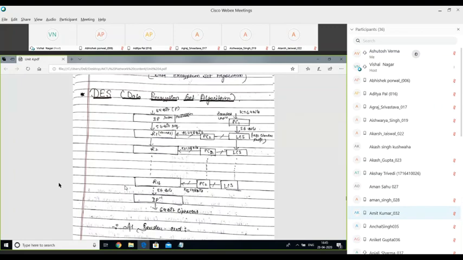Now inside the DES, this is the block diagram of DES. To understand it in more detail, I'll tell you. In case of DES, we divide the entire data into blocks of 64 bits. Let's say there are 1000 bits in the data. We divide the entire 1000 bits into combinations of 64 bits, and we handle these